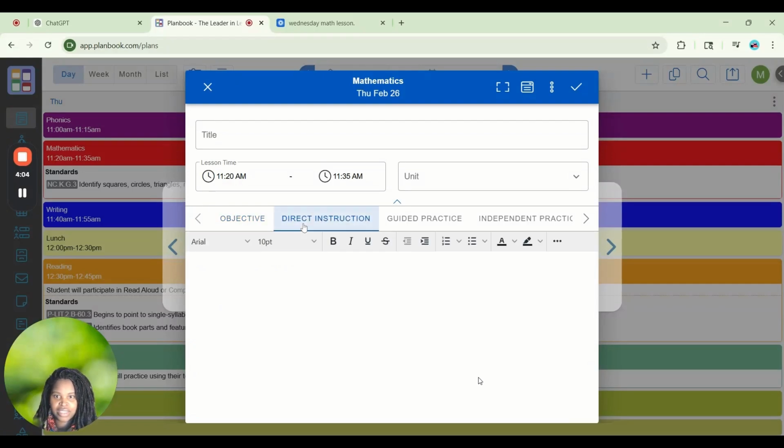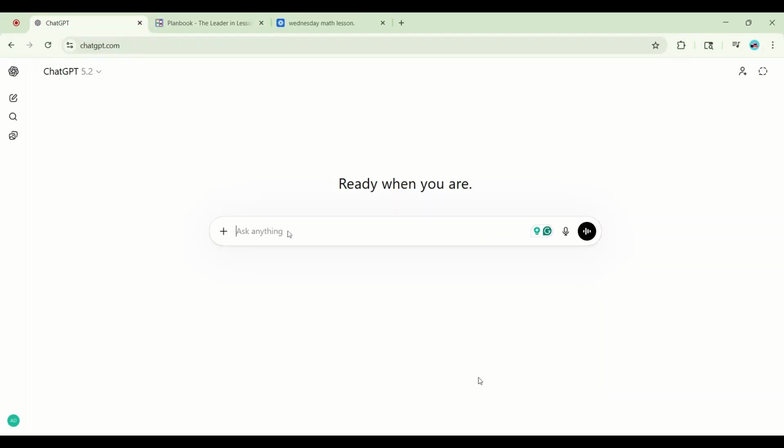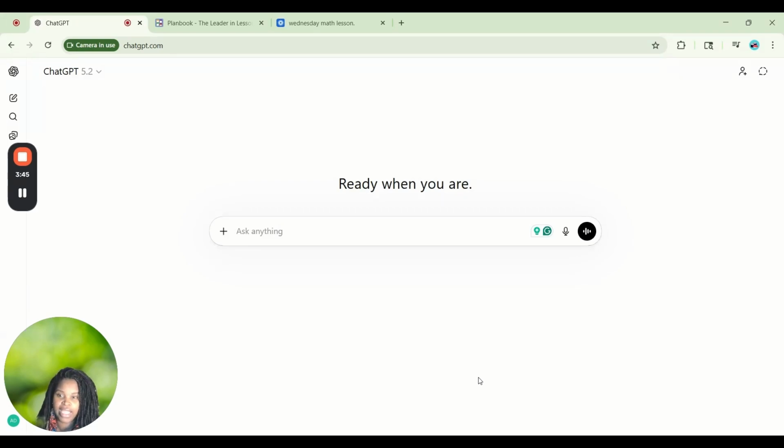Okay. So what is the direct instruction? The hook. All right, and this is where you guys have been waiting for. I'm actually going to show you guys in real time how we're going to be using ChatGPT to create a hook that maybe we didn't think of. I use ChatGPT if I can't think of anything off the top of my head. So I'm going to say, okay, create